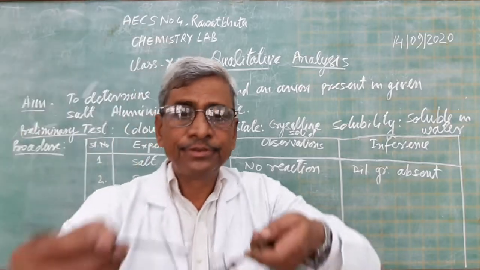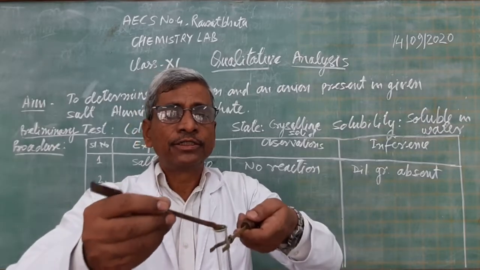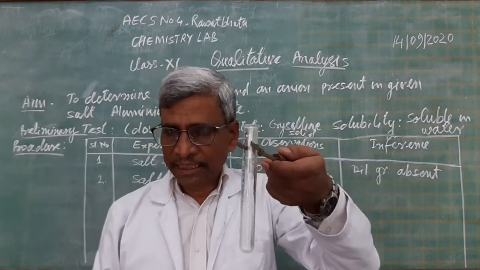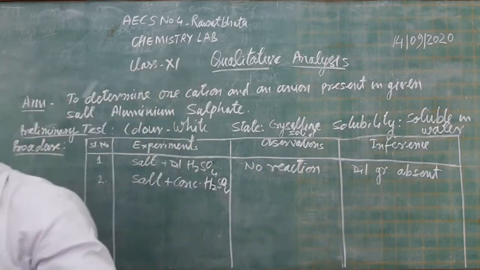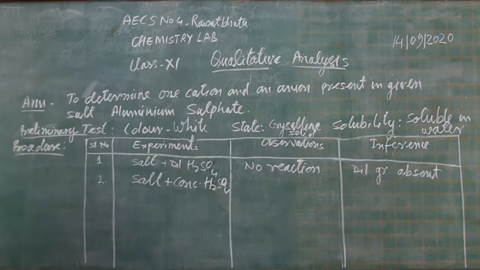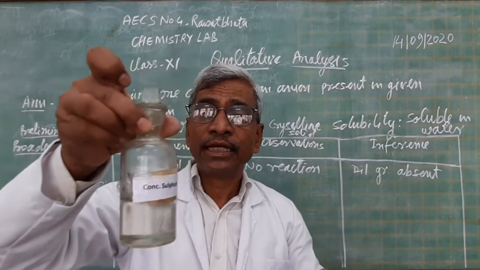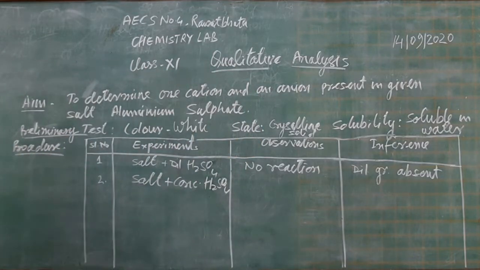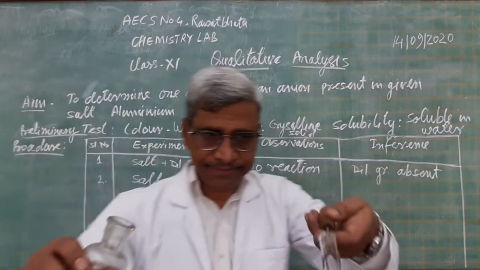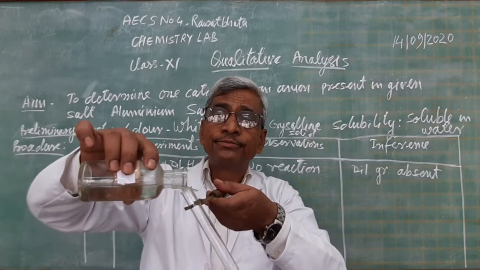Here again I am taking that. Here is the salt in the test tube. Some water is there. Add the salt to the test tube in this way. If the test tube is straight, the salt will fall down directly, and then add concentrated sulfuric acid. It is a highly viscous and quite reactive substance, so be careful. Here it is, concentrated sulfuric acid into the salt.